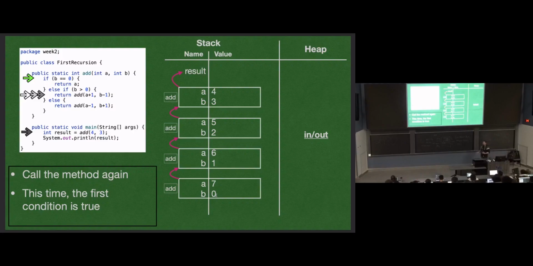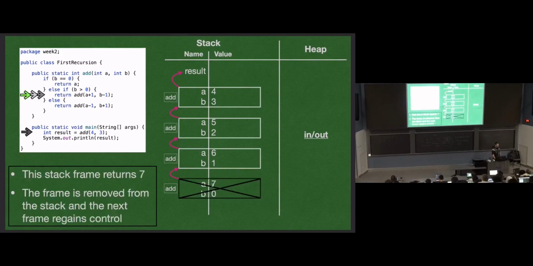This is a situation where we have a method call of a recursive method that doesn't call itself. So we're going to hit our base case of B equals 0. B is 0, and we're just going to return A. So we return A, remove that stack frame from memory, we pop it off the stack, and then whatever is the next stack frame,